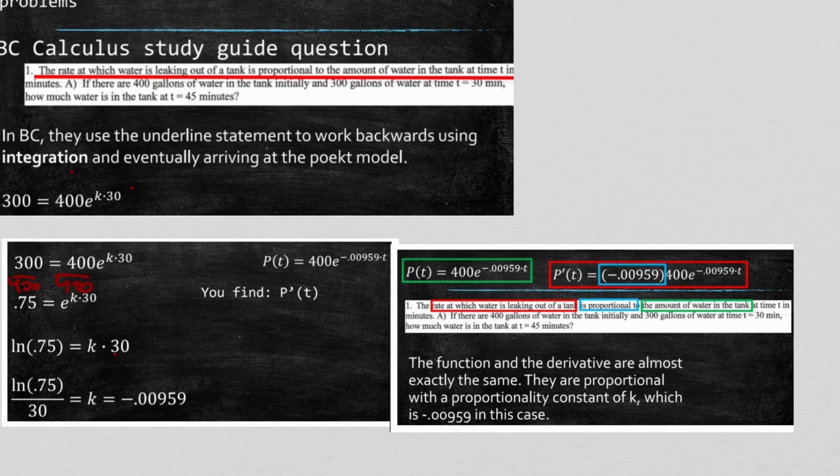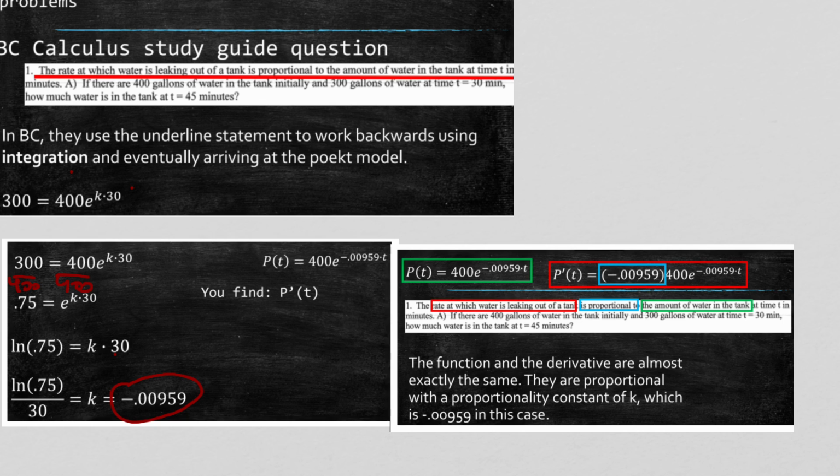Now we're going to go ahead and do what we did before. Change that to the log form. So natural log, e is the base, 0.75 is the answer, equaling the power, k times 30. Divide 30 over. I get my k to be this. So now in my PERT model, it's going to be 400 e times